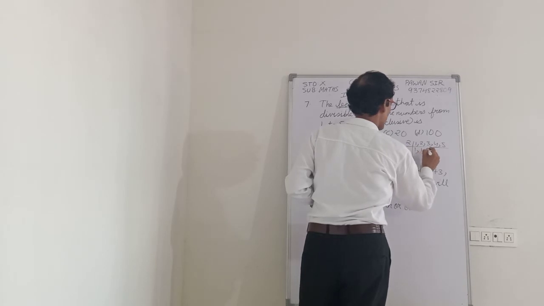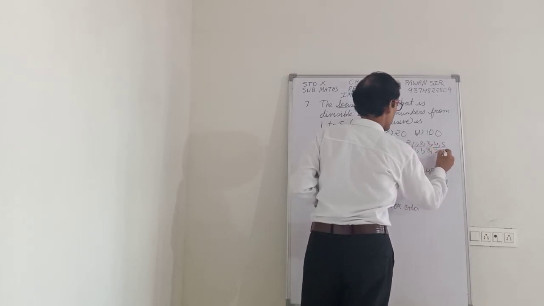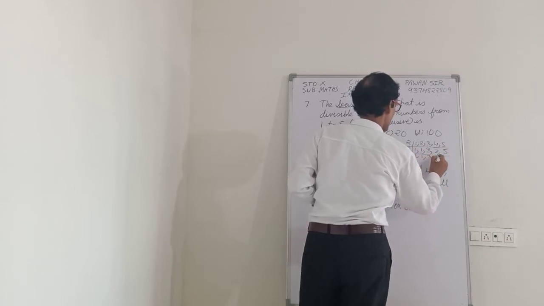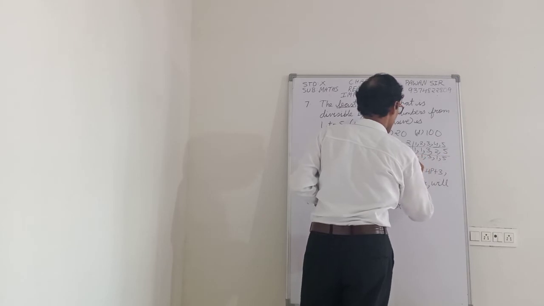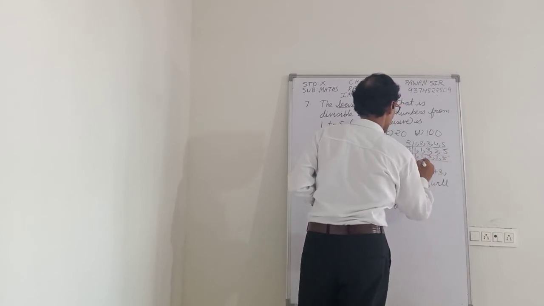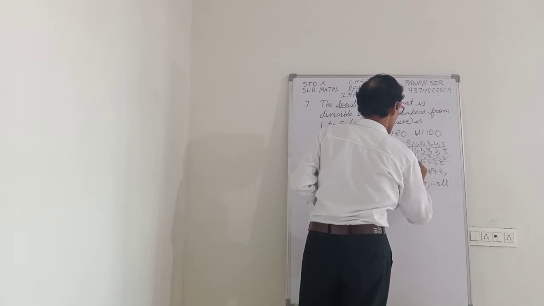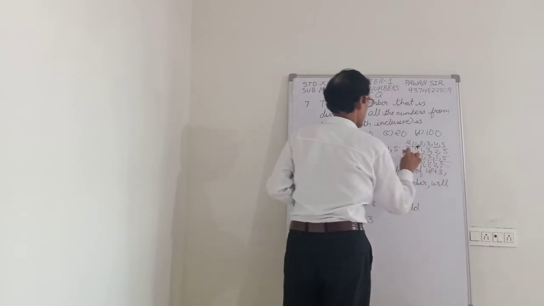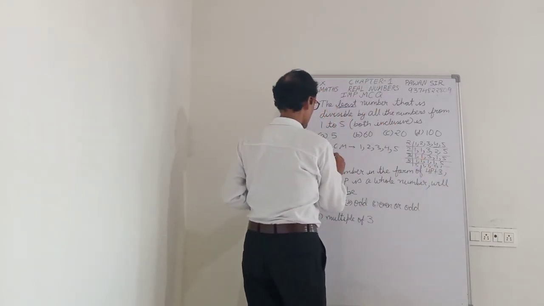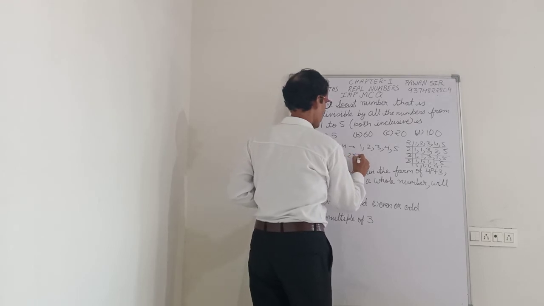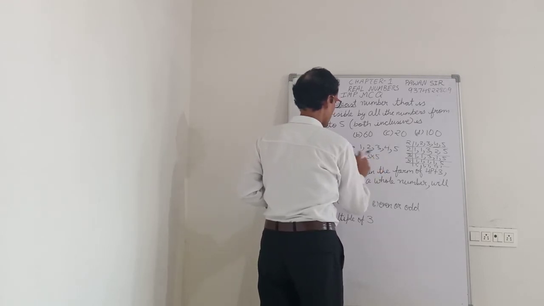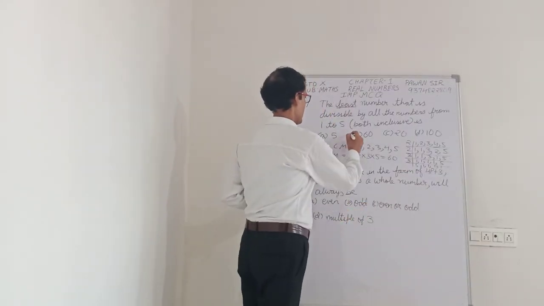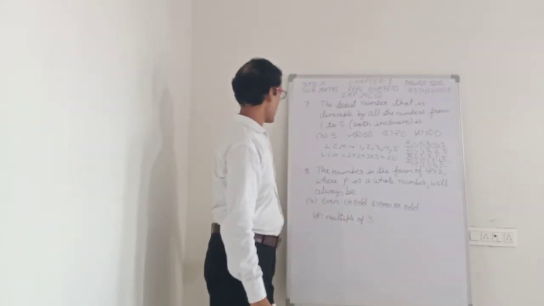2 ones are 2 and 2 twos are 4. Again when you write 2, here if we write 3, the last is 5. So to find LCM, multiply these numbers: 2 into 2 into 3 into 5. On multiplication what we get? 60. So the answer is B. Okay. So this is our 7th question.